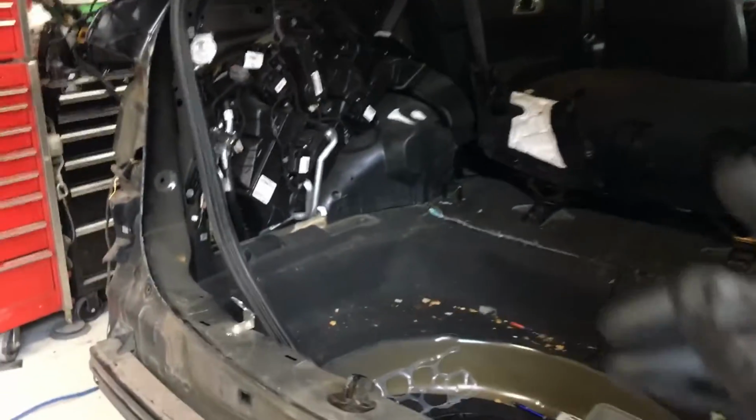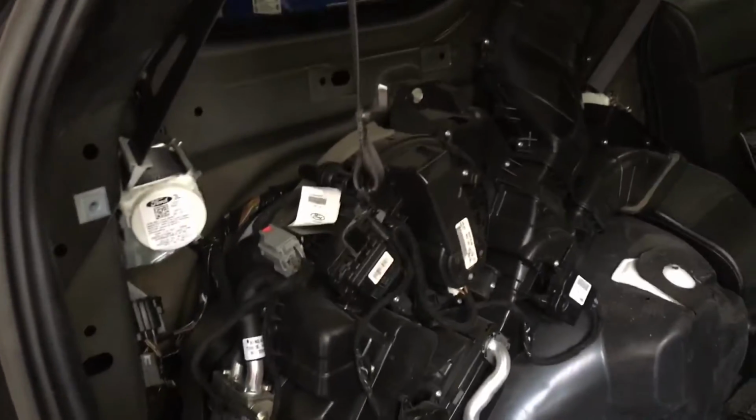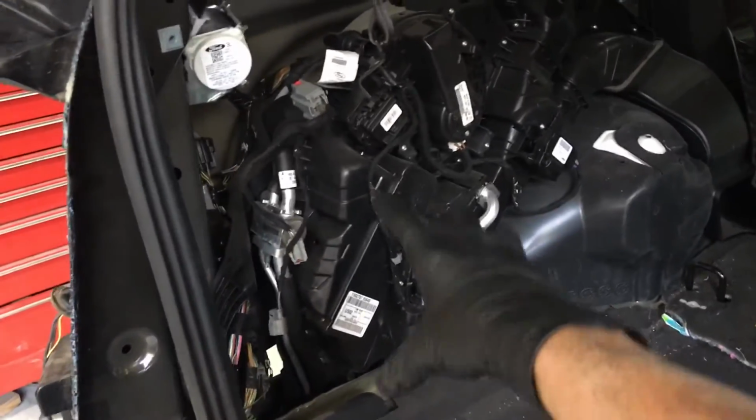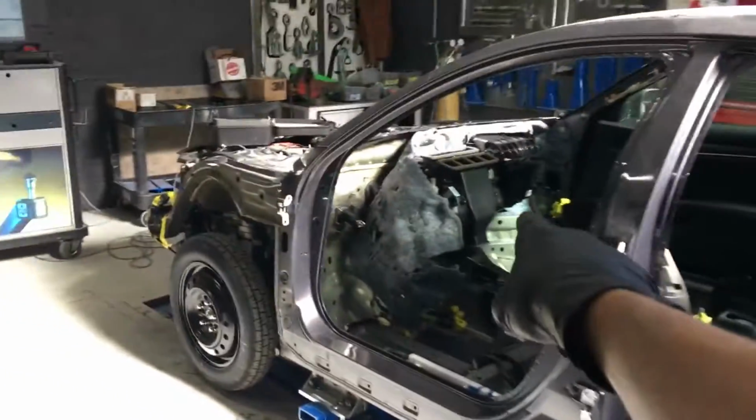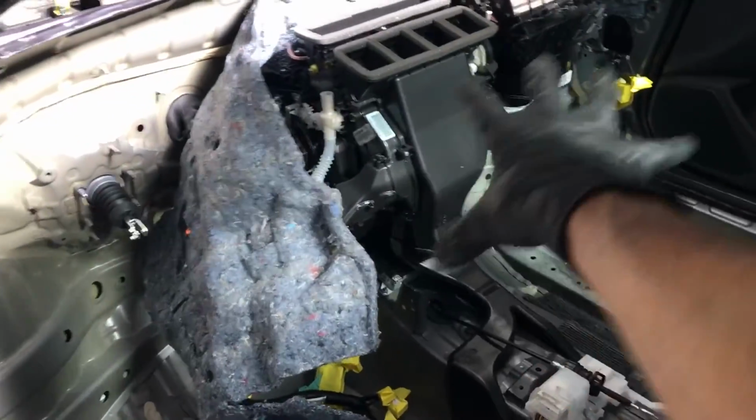2014 Explorer rear air conditioning and heating unit. So for those of you who have never seen or seldomly seen the rear HVAC unit, it kind of looks similar to what's hidden under the dash with your heater and evaporator all in one box assembly, just like over here inside the Honda, where the heater and the evaporator are in this box assembly right there. You have the exact same